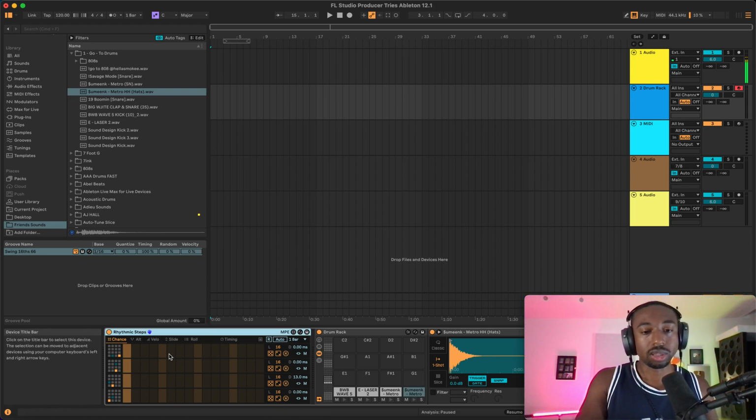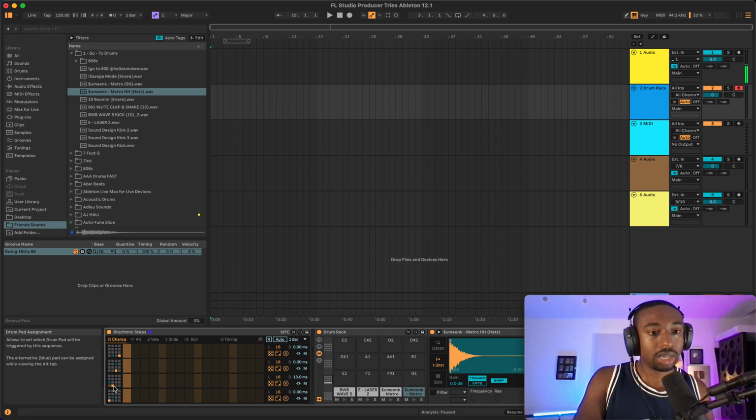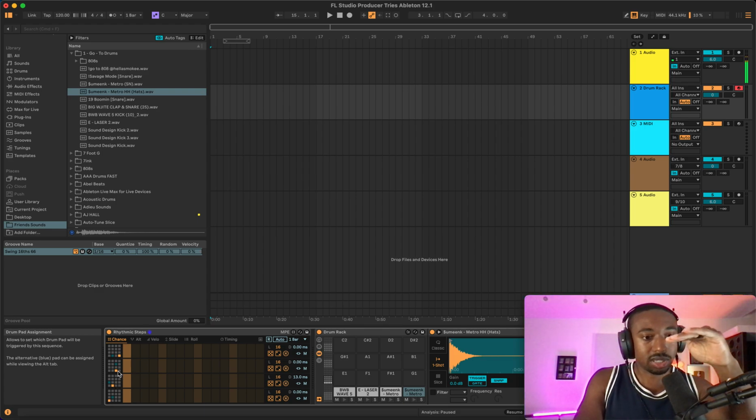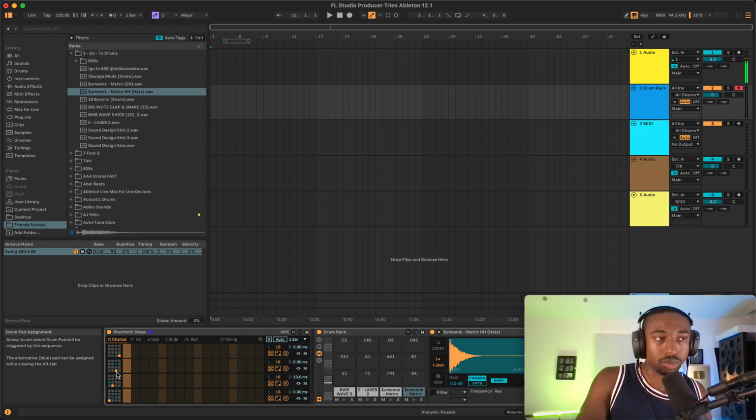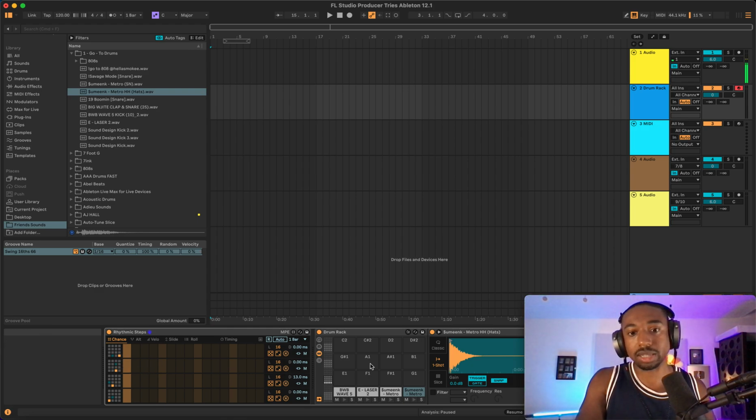Now we're gonna use this rhythmic step thing to trigger the drum rack. Basically this grid here corresponds to the grid on the drum rack. The bottom left icon here will turn yellow, or you can left click and put it wherever you want. We're going to put this one in the bottom left and click all the ones at the bottom: bottom left, bottom second from left, bottom middle right, and bottom far right. That's how I have mine set up, so it will trigger each one of these things.